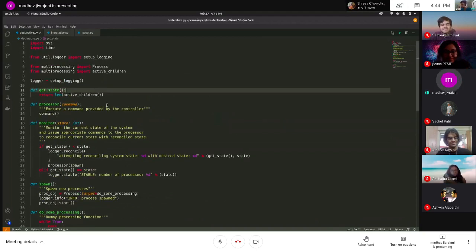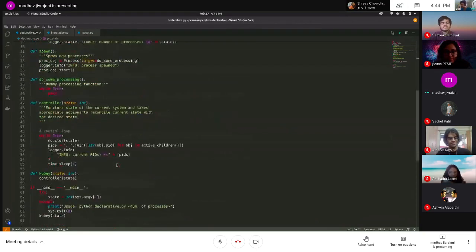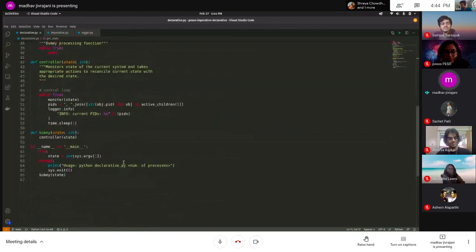Okay, and now we have the actual functions. So what we do is we provide a command line argument. Before we start, what we're trying to do is run this process and tell it how many processes we want running at any point of time in the system.